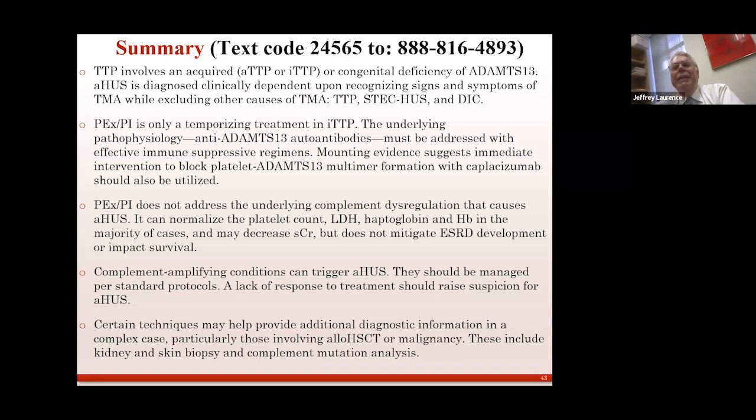Right. In HUS, they're clear cut, and there are multiple of them. In TTP, it's less than clear cut. The classic ones are HIV can certainly do this. Influenza can certainly do this. H1N1 vaccination has been associated with starting it off.